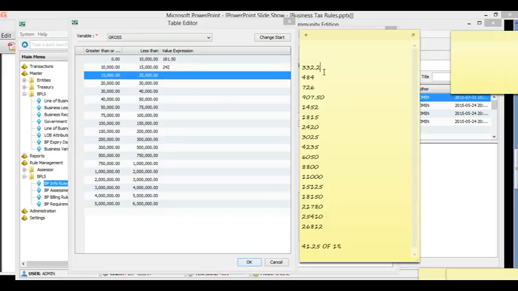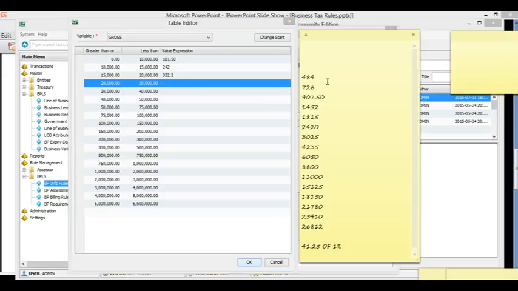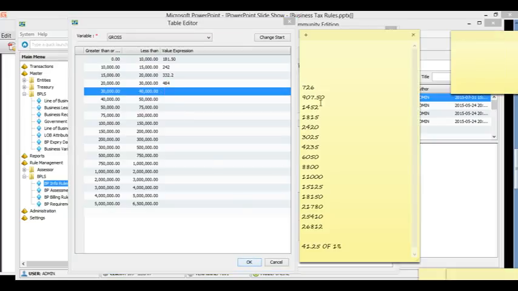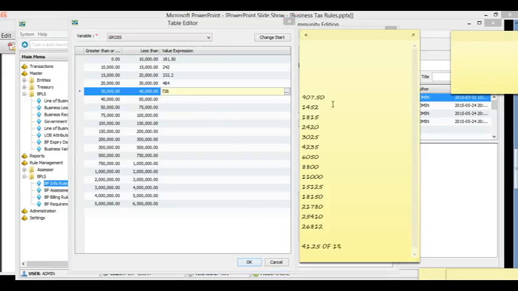Okay, 332. Maybe it's much easier to type again, because it's gonna get lost. Okay, 484. Okay, 726, 907.50.